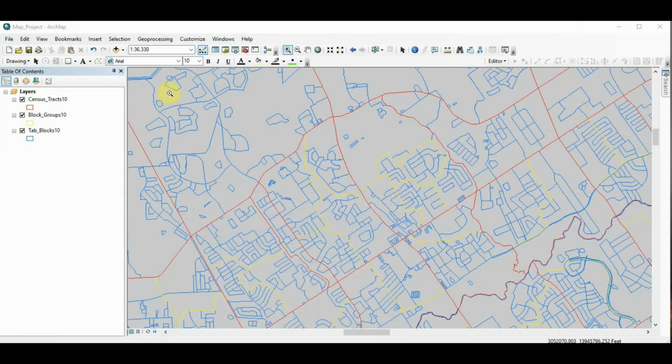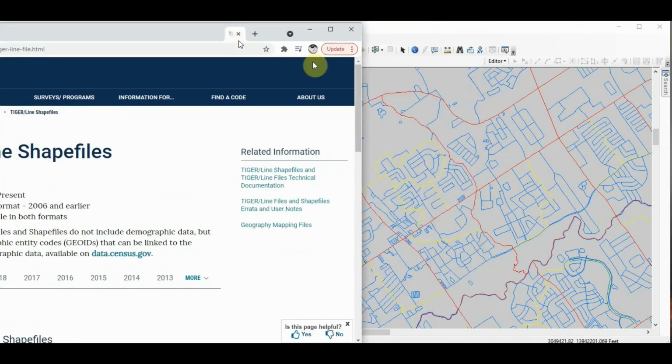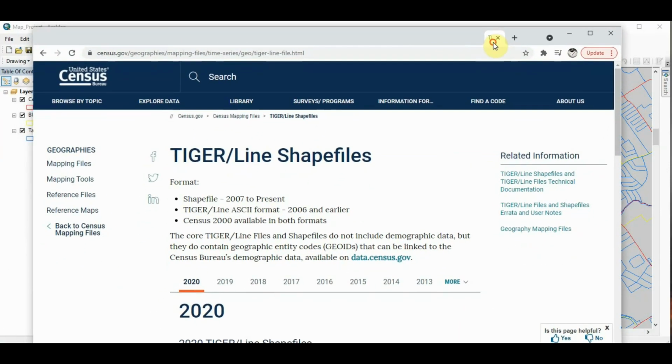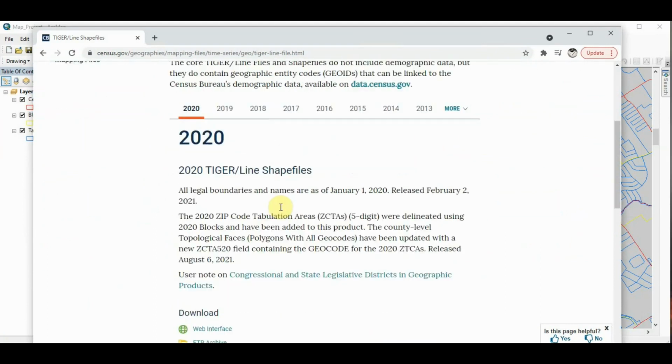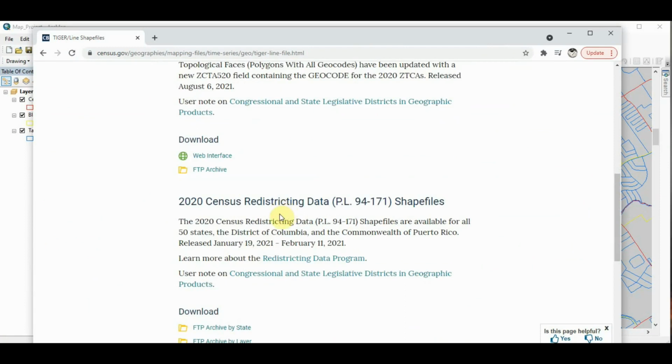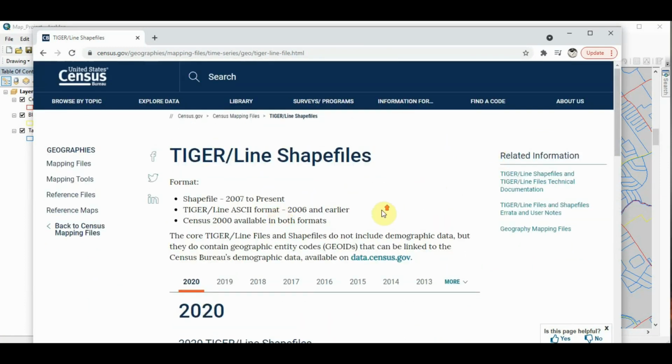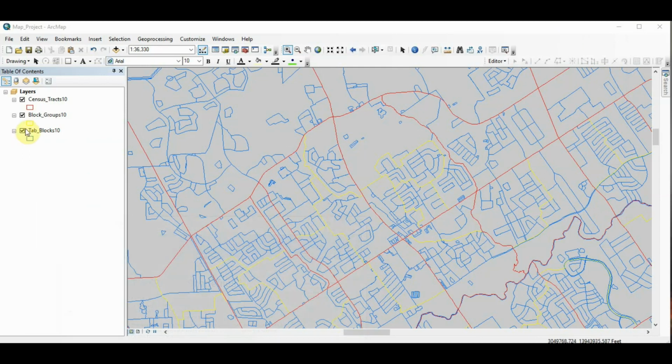To get the shapefile for, say, census tracts or blocks, you would go to the census.gov TIGER shapefile page, and that's what I did. So you could go here and download the shapefile for the area that you need. But when I got the shapefile for Harris County,